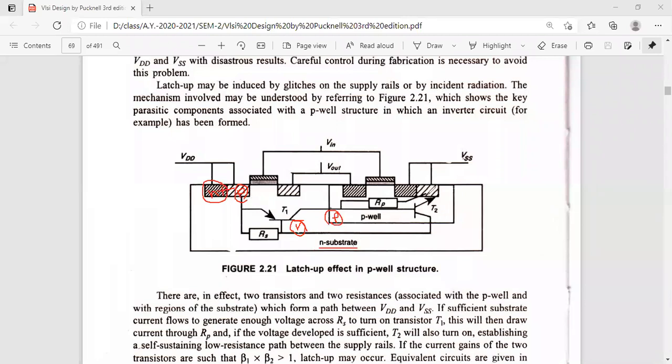In the same fashion, here also we have P type. This is P type, right? Actually this P well is also a lightly doped one. To connect this P type well, which is lightly doped, we should have a little bit of high concentration at the connecting point. So this is P type, generally that means P plus. This is P plus.